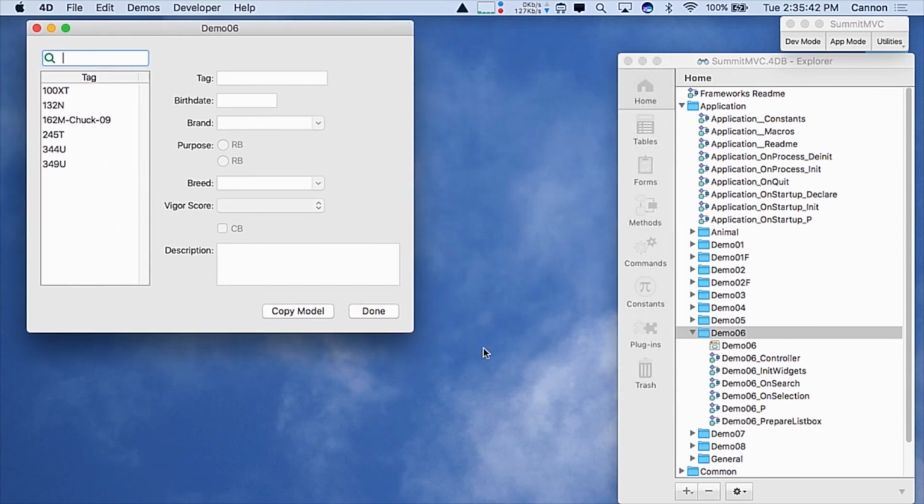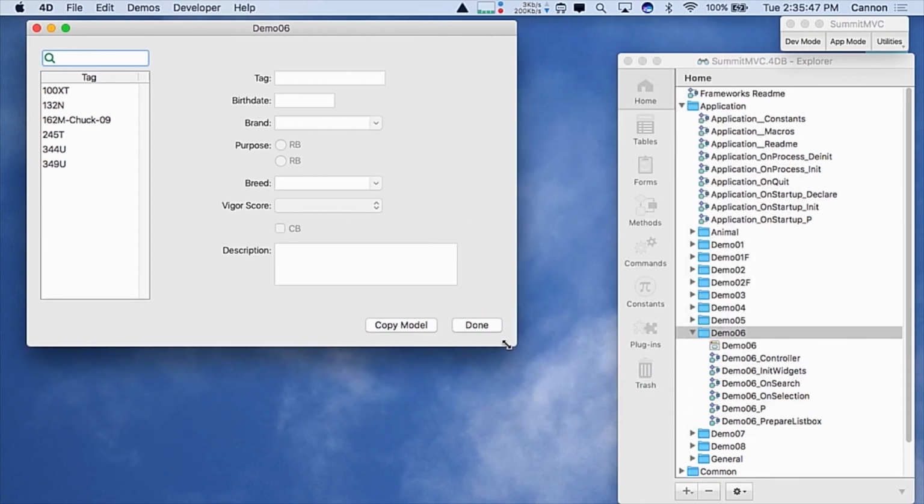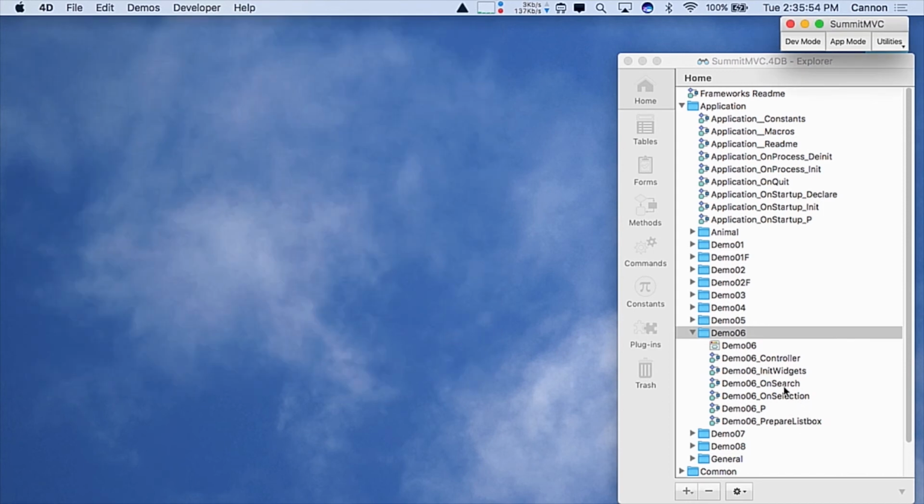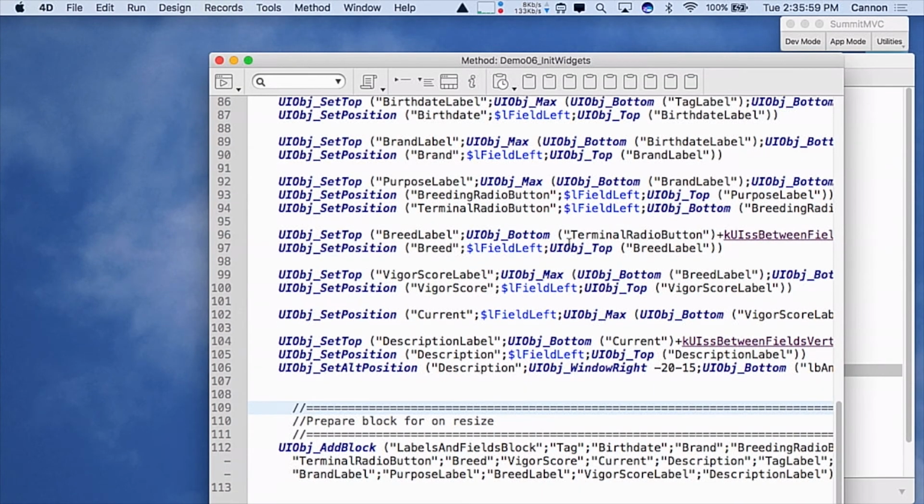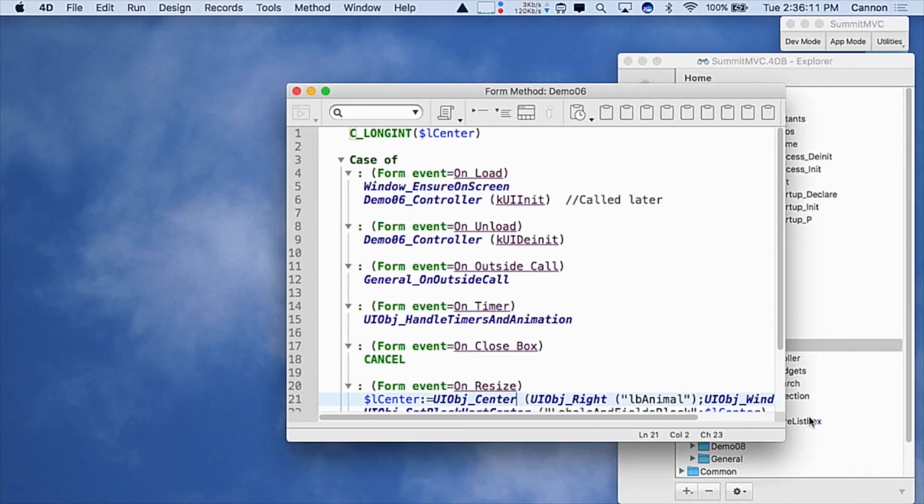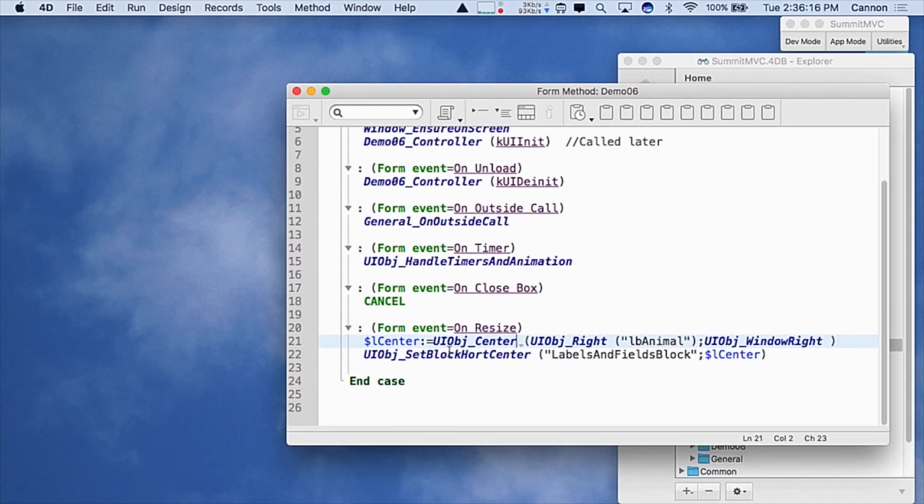This is the same form, we're getting familiar with it, but notice that when I resize the window, the fields stay horizontally centered as you would like them to. You can think of how much code you'd have to write to keep them centered. It's actually not that much code. When we initialized the widgets, you remember I added a block called labels and fields block, and I added every label and field to that block. And then in the form method on resize, all I'm doing is